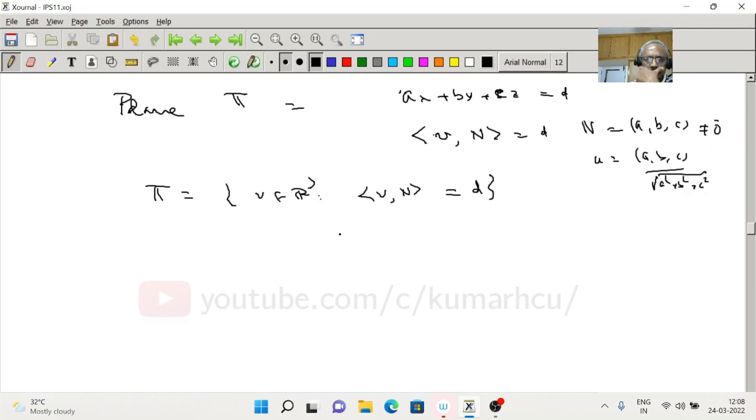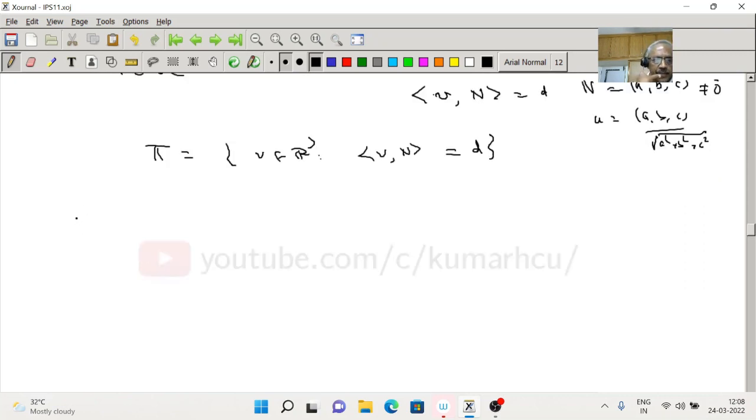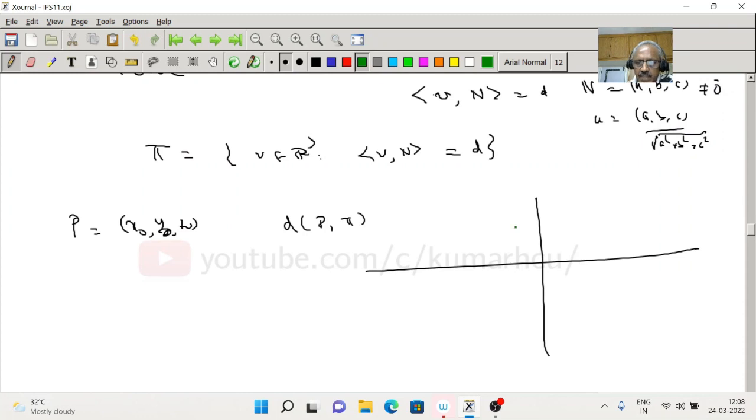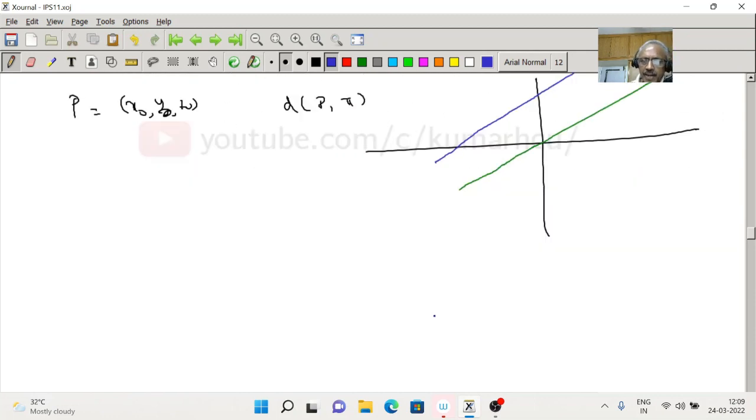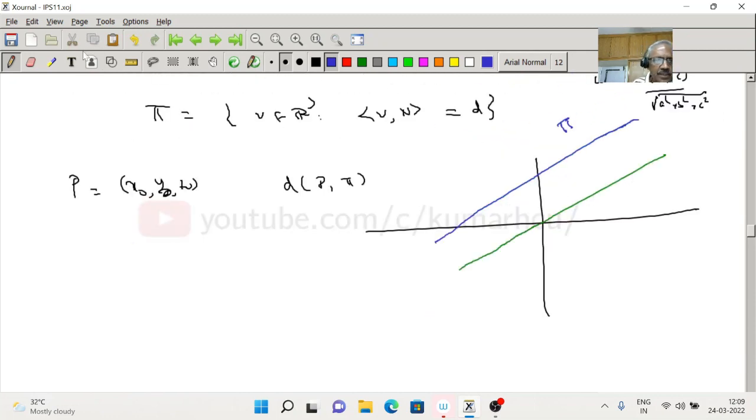Right? Okay. Now suppose I take a point P, which is again x naught, y naught, z naught. How do I find the distance between P and pi? Again, let us have a picture. It may make your life easier to understand. This is your thing, and the one we are looking at is supposed to be parallel. This is your W and pi. Okay. What I do is take a point q,